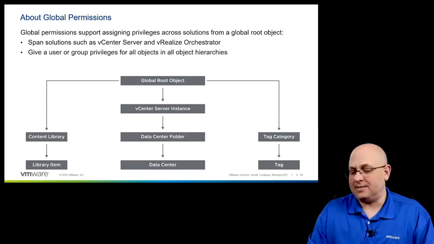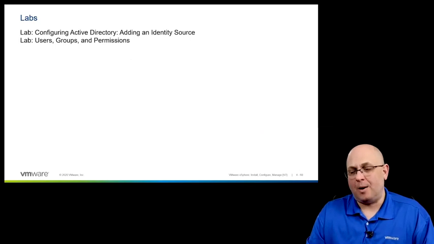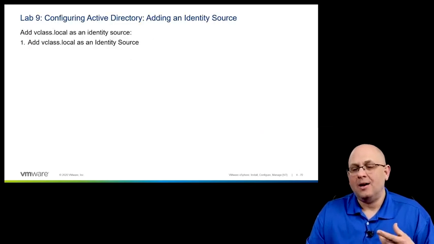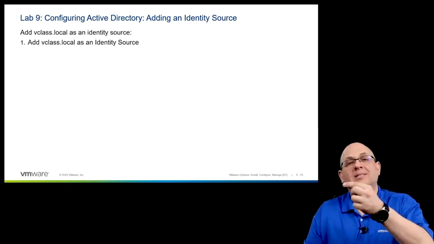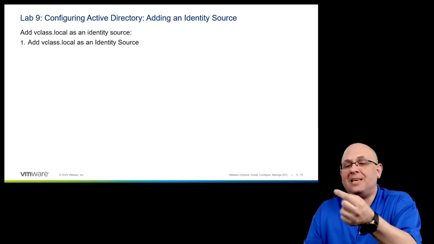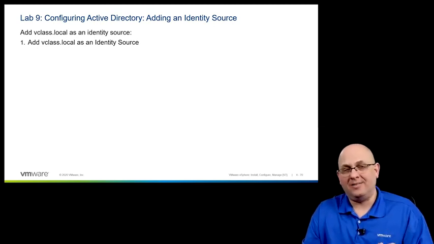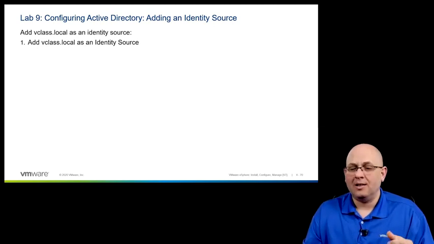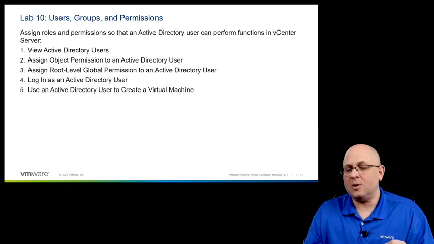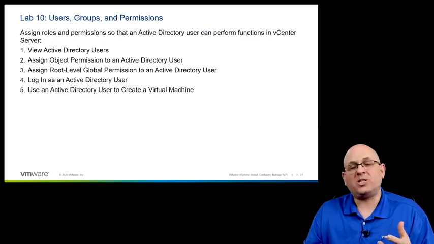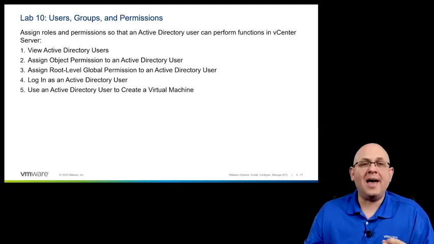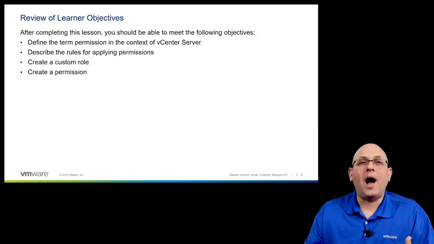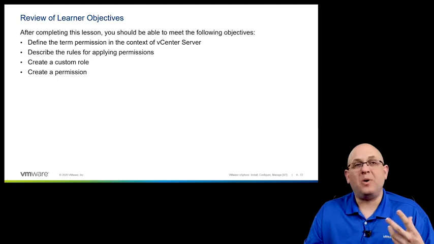So that does it for our lesson on permissions. And at this point, we have a couple of labs. In lab number 9, we're going to add vclass.local, which is our Active Directory domain, as an identity source, so that we can then establish permissions from users and groups in vclass.local in our inventory. So lab 9 is a very quick, let's add vclass.local as an identity source. And in lab number 10, we're actually going to establish some permissions across 5 tasks. Okay? So let's go ahead and do those 2 labs and wind up our lesson on permissions,